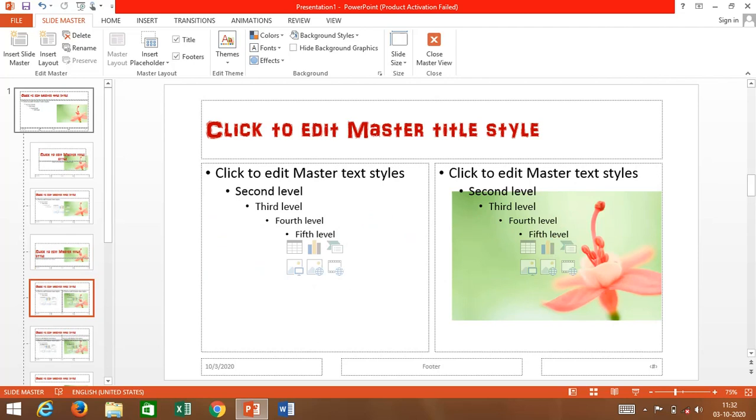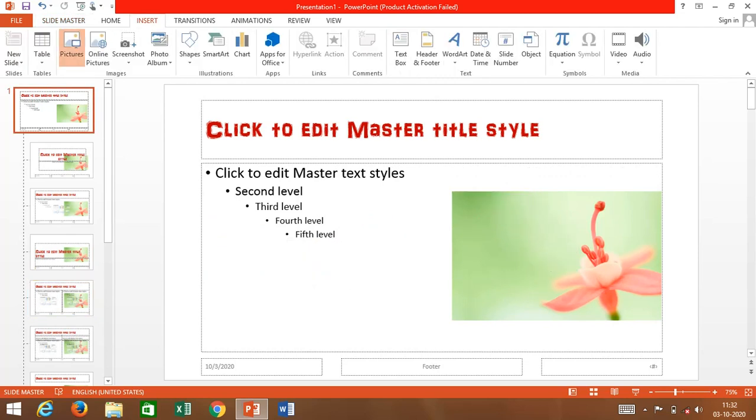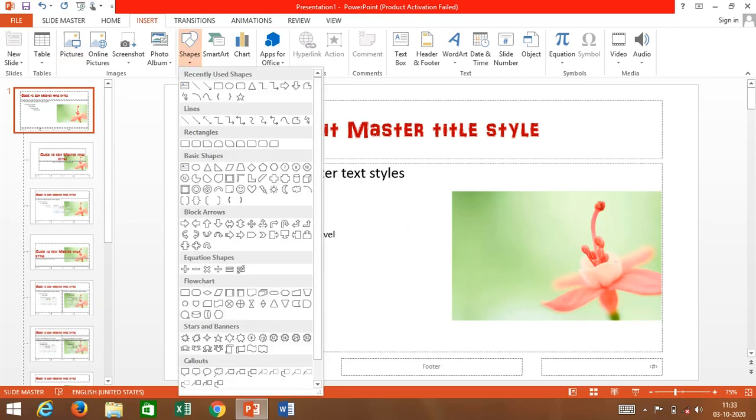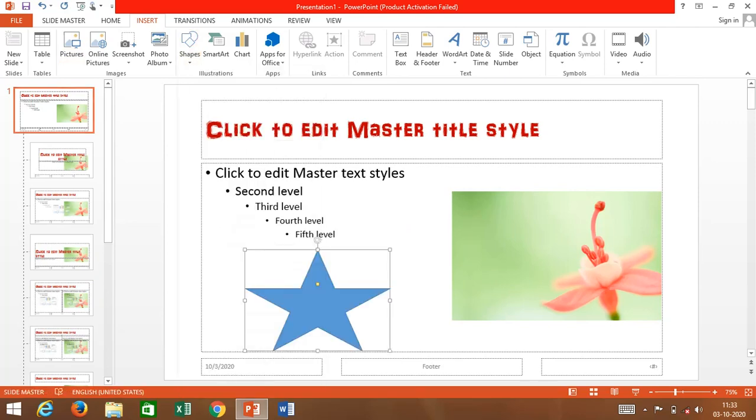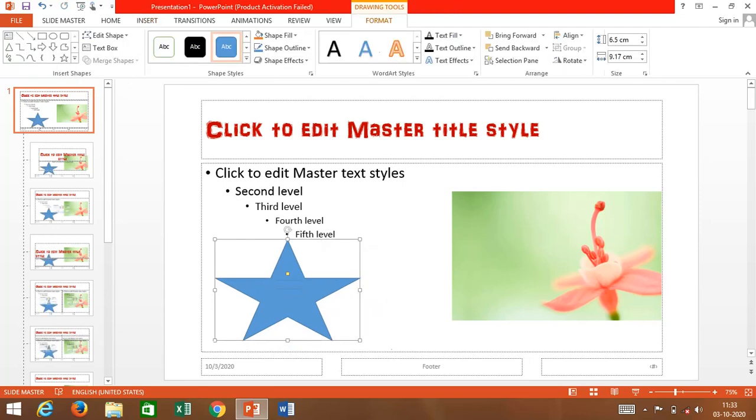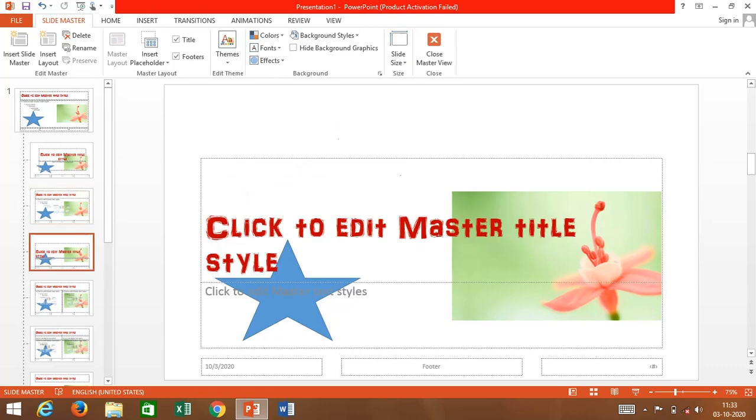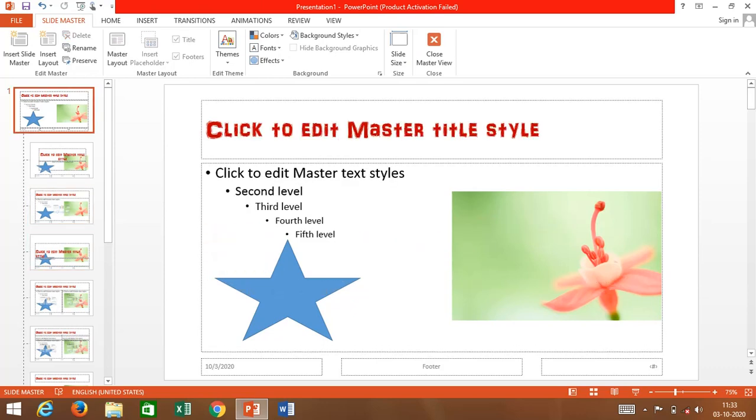In the same way, I am not going to put another picture, I am going to insert a shape in the first slide. Now the same shape will appear in the rest of the slides also. So now you might have come to know how a Slide Master works. Slide Master means, when you make changes on the master slide, the topmost slide, whatever pictures, shapes, or font styles you put on the master slide, those changes appear in the rest of the slides in the given presentation.